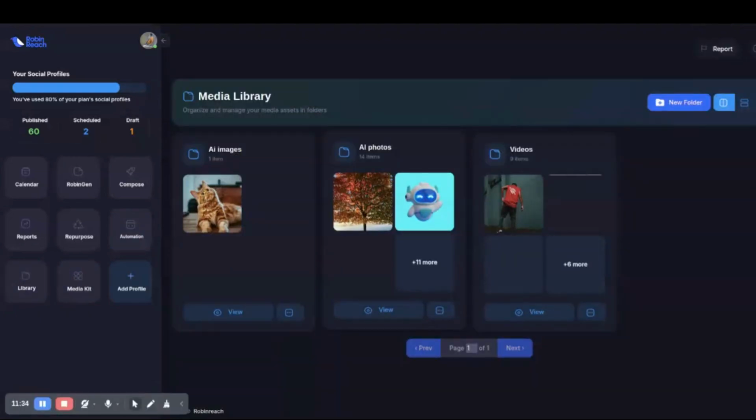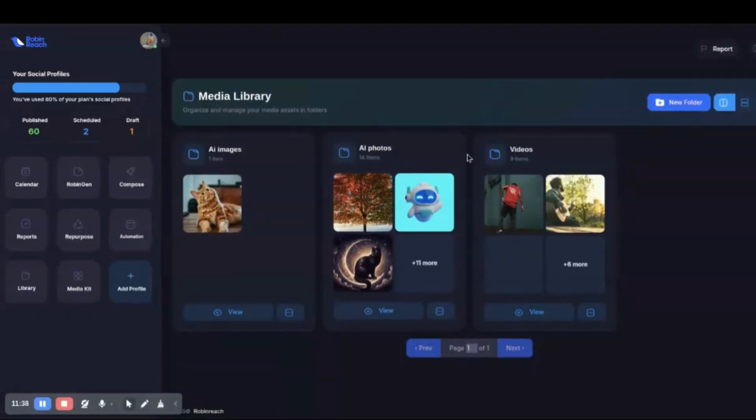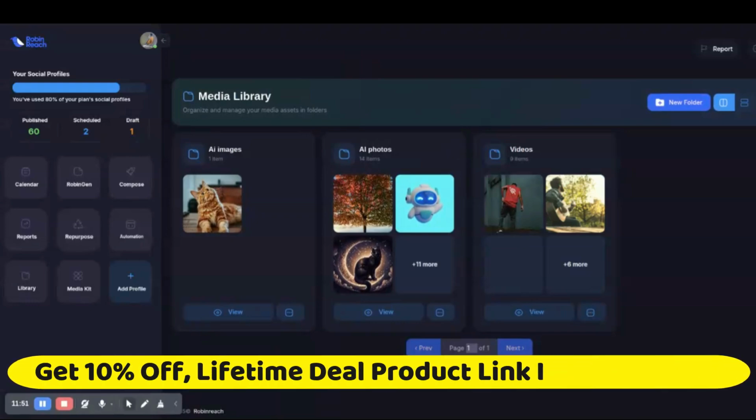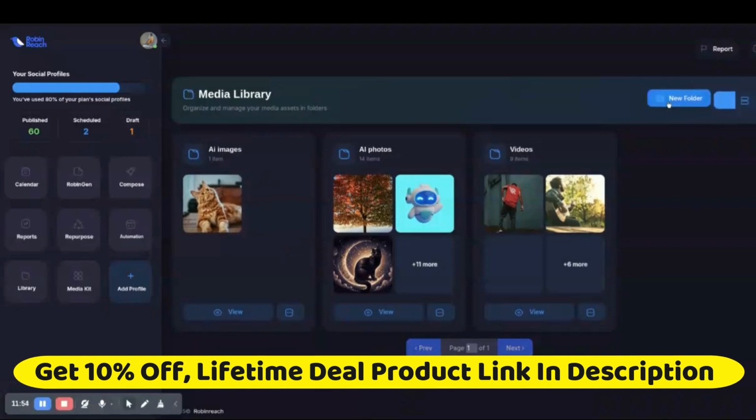Another cool thing is the library, which, as you saw earlier, is very easy and straightforward to use in the compose section. The library is very handy if you have many media files and you're struggling to keep things organized. What you do is create folders inside RobinReach, then upload photos to the folder. Let's say I have this folder. I can create a new one